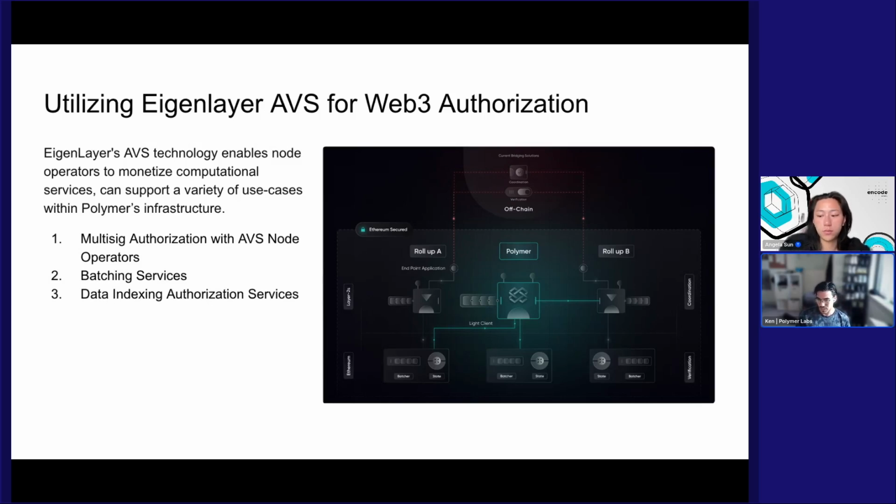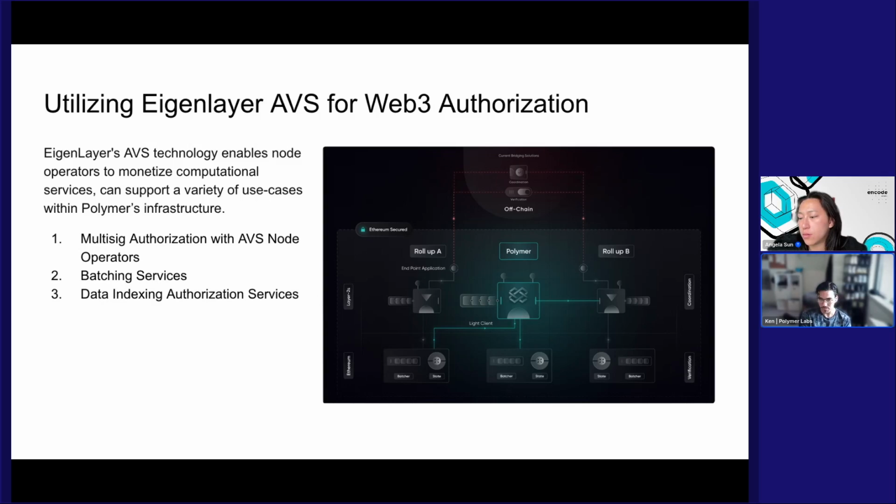If you're sending very high TPS, oftentimes a common scalability solution is to batch the transactions so that they can be processed more efficiently. And in this case, the AVS would be in charge of batching the transactions to send across chain